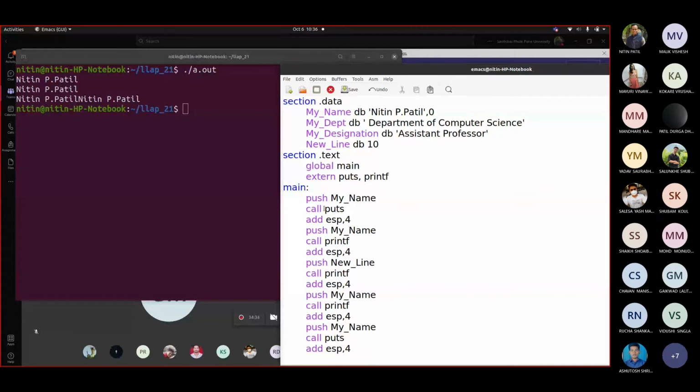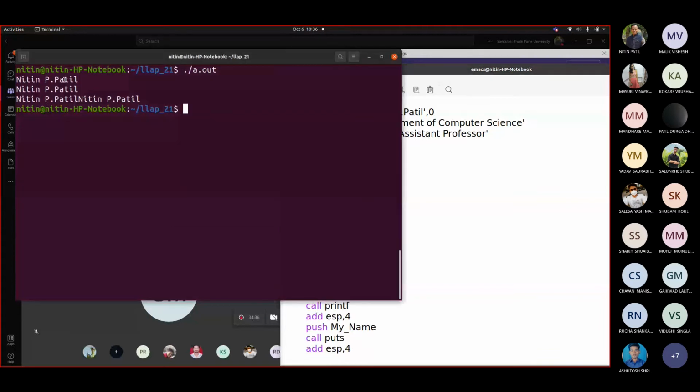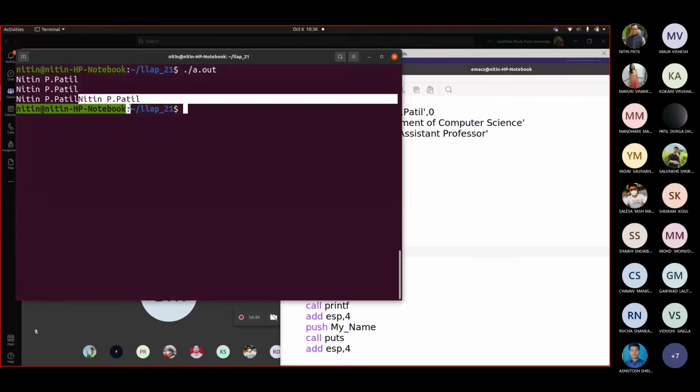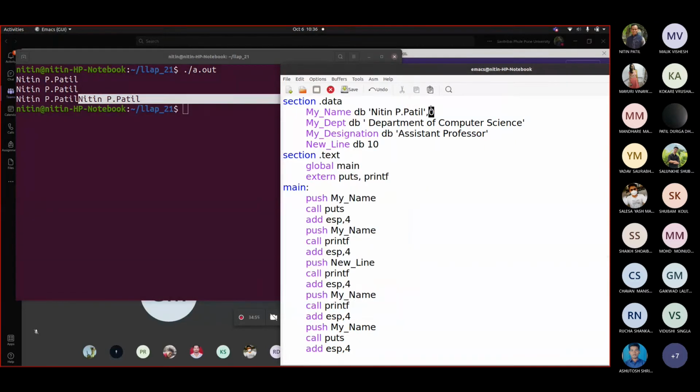See, this is puts, it took to the first line, correct? It took to the next line. This printf, then after printf, it added a new line, correct? That's why it came to the next line. Then I had a printf, there is no space added. So printf requires 10 to always be added there. Now if I add here 10, comma 0, now see the change.